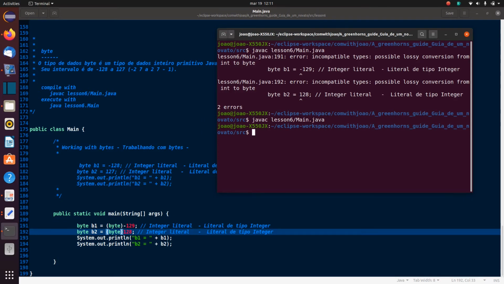And now, because I've got the cast in there, it is not complaining anymore. Because I'm telling it, I know there's a loss of conversion, but I want this value in a byte. Okay, so let's have a look what happens now. If I run a Java,